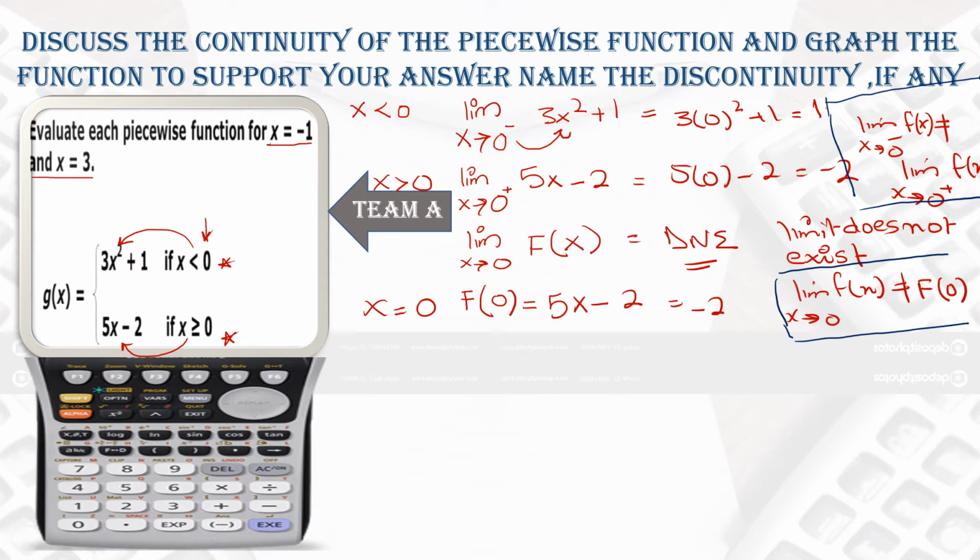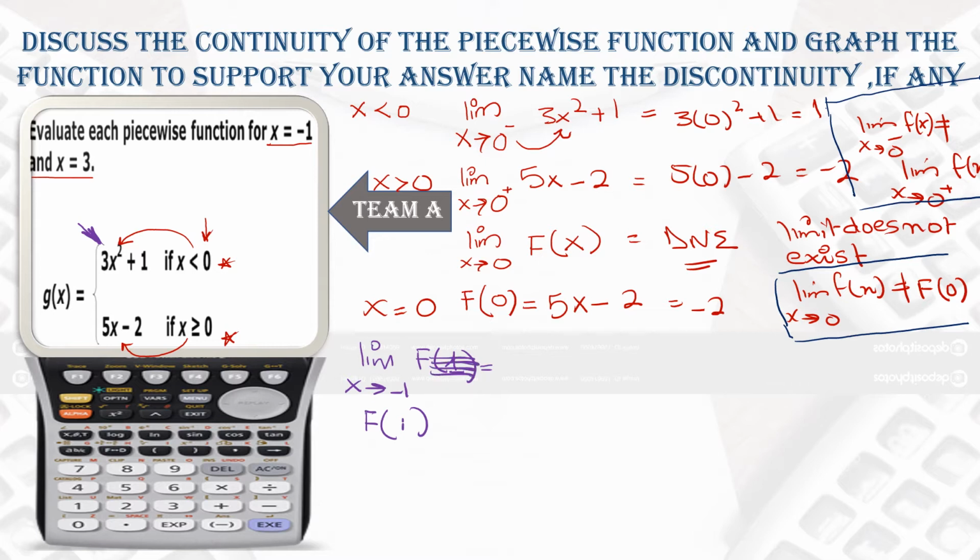Now once it is done, you can see that you have to read the limit as x approaches -1 from both sides, and also you have to conclude f of -1. Now why will you not write here -1 from the left side, -1 from the right side? If you are writing, that's absolutely fine. But for me, you have to take the first equation only. Why? Because -1 is less than 0.